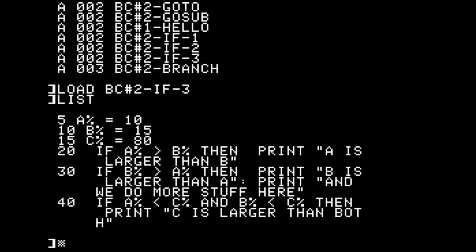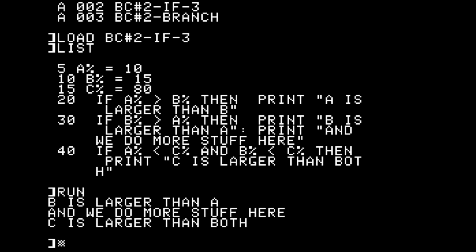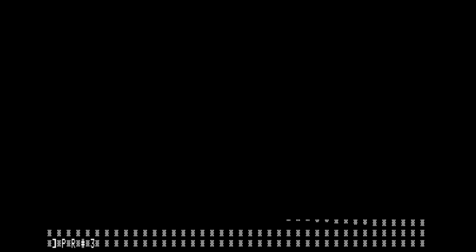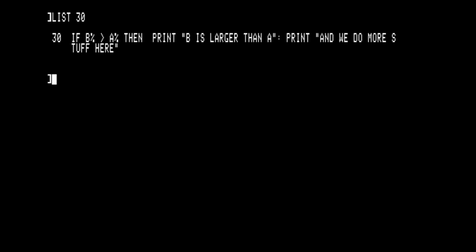Now, a little bit more complicated. We're going to look at A and B. We're going to do some other things. As you can see, we have more things out at the end. Now on line 30, this is really the case, and it's probably easier to see it in 80 columns. We put a colon and we can put more things out there. Each line can be 255 characters long, and those colons are how you do more